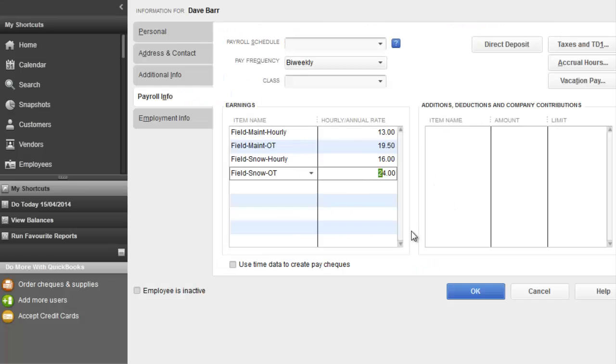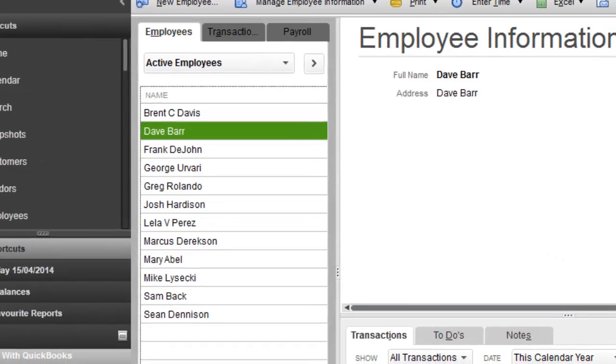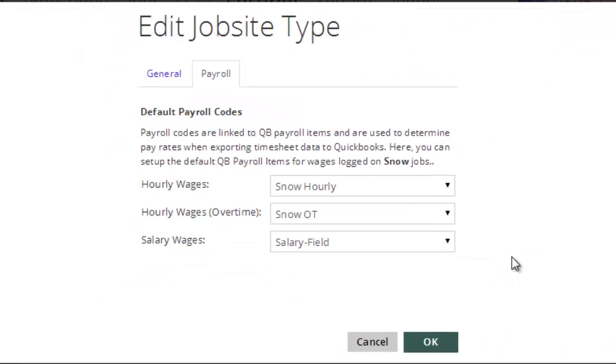That way, for instance, I could create an employee with a normal pay rate, hourly and overtime, but also create second pay rates for snow work and snow overtime so that QuickBooks will automatically pay the employee the premium rate whenever they're working on a snow job. Because here, under the job site type, I've assigned different payroll codes or payroll items to be used whenever employees